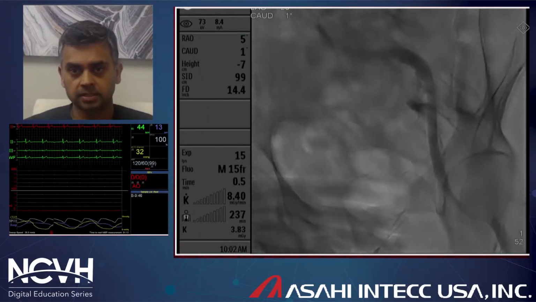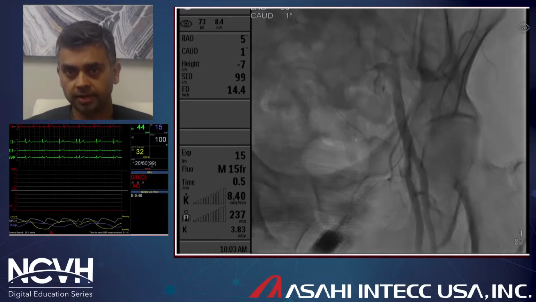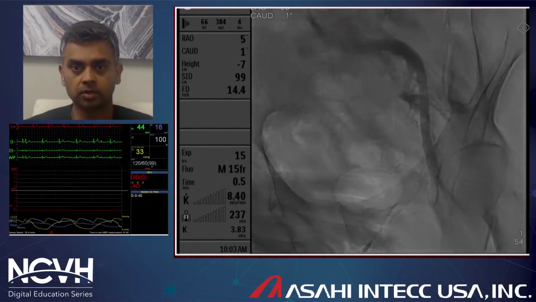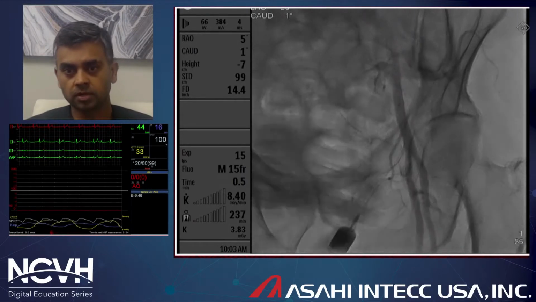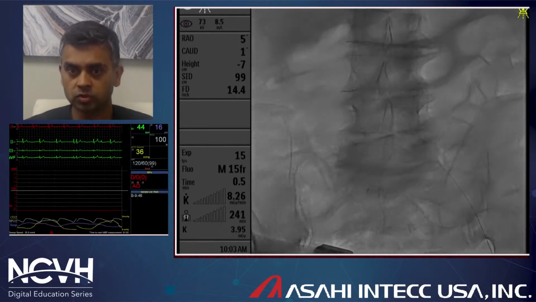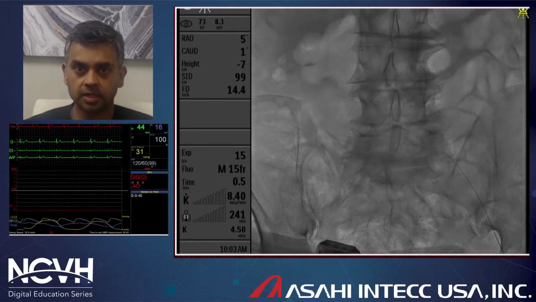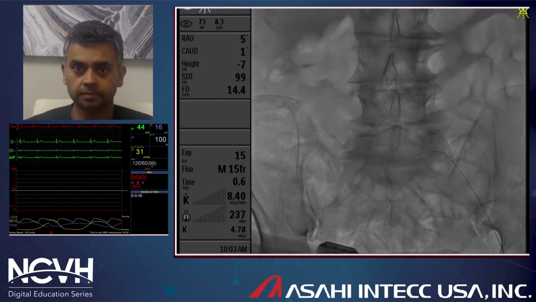Once I take the access, I perform the groin angiography right at the same time. Here we were having slight difficulty in passing the wire into the abdominal aorta, and therefore a groin angiogram was performed. The groin angiogram reveals what we saw on the ultrasound: a clean stick in the common femoral artery on the left side. This is my catheter, which is going up.